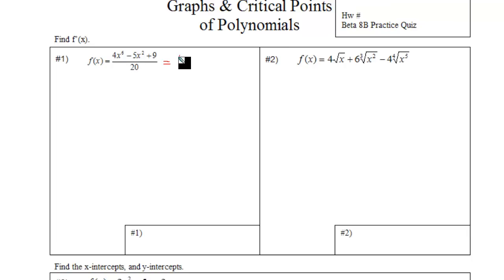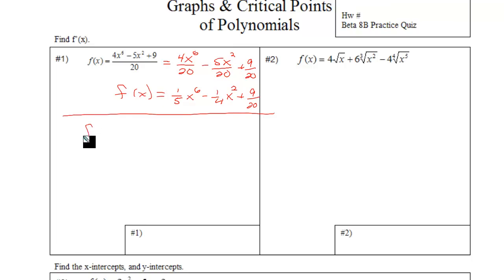We could write this as 4x to the 6th divided by 20, minus 5x squared divided by 20, plus 9 divided by 20. That reduces to 1/5 x to the 6th minus 1/4 x squared plus 9/20. This is the original function. Therefore, f prime,